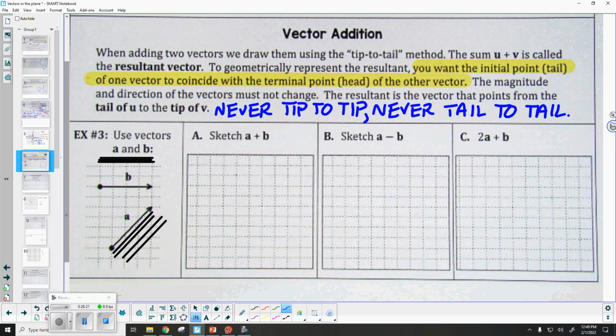So we're going to be creating triangles based on the operations that we see here. But when we connect these, you can only connect the head of a vector to the tail of another vector. You can't connect 2 tails. You can't connect 2 heads. Okay, it has to be head to tail. So let's keep that in mind. Let's go ahead and take a look at part A. It says sketch A plus B. Now let me go ahead and run over here to my mouse. It's going to be easier for me to do it this way. Now you'll notice I've created copies of each of these 2 vectors here, A and B.